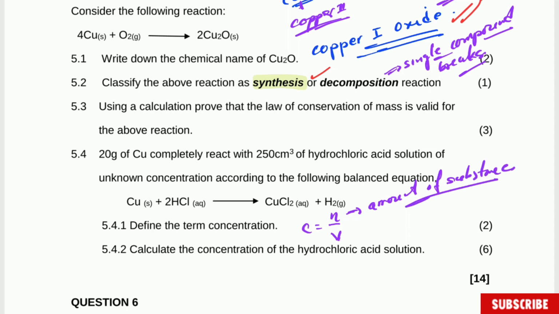So you can say amount of substance per unit volume and you will get the mark. Amount of substance per unit volume. Or you can just say number of mole per liter of solution. But if you think you are going to get confused,